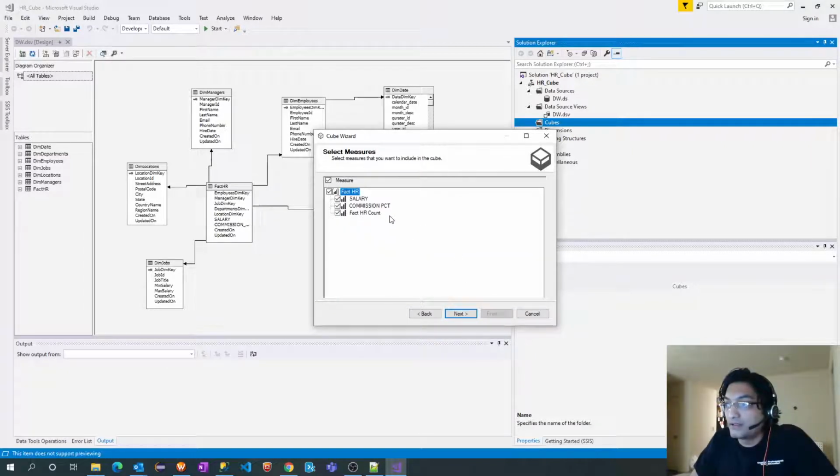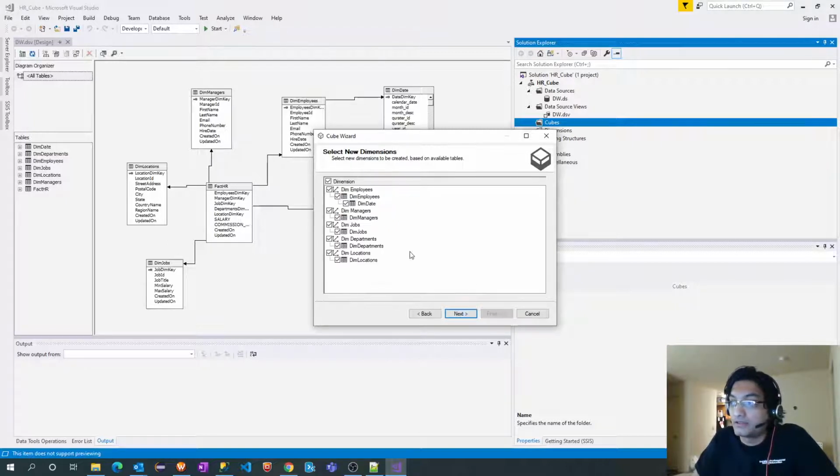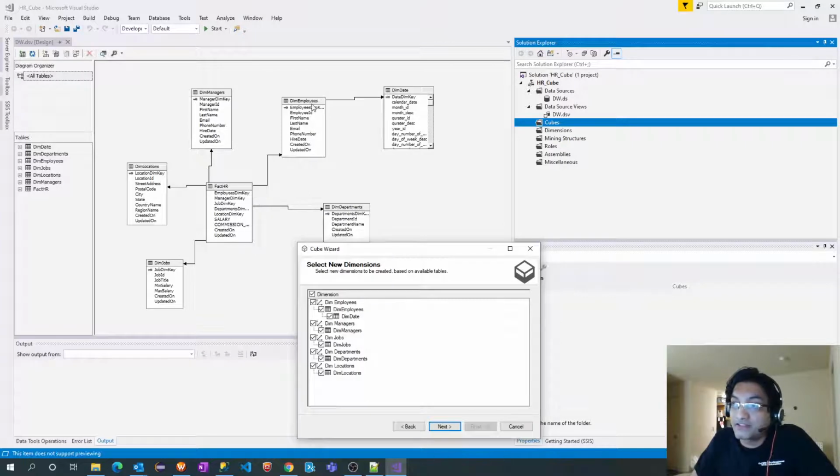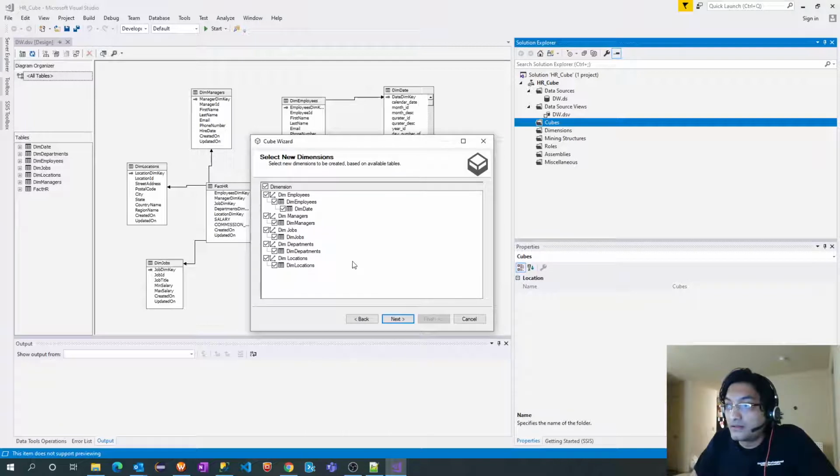Next. So in our fact table, we had two measurable attributes, salary and commission, and the third one got created automatically while creating a cube. Next, and these are the remaining dimension 1, 2, 3, 4, 5. The sixth dimension is a date dimension, but that is in the relationship with employees. So that's why it is not showing over here. Okay, see, yeah, it is showing here, date dimension under employees hierarchy. Okay, so all the six dimension we can see.